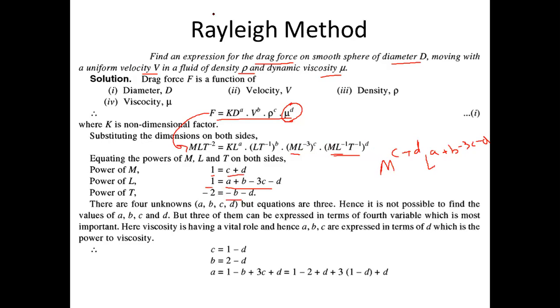Now, what is the problem? Can you observe the problem here? See, we have 3 equations and how many unknowns? We have 3 equations and 4 unknowns, a, b, c, and d. Fine. So it is not possible to find the value of 4 unknowns with 3 equations only. Okay. So this is one of the problems with Rayleigh's method. So that is what I needed to discuss. Fine. So what it had done, it had to find the values of a, b, c in terms of d. So c is 1 minus